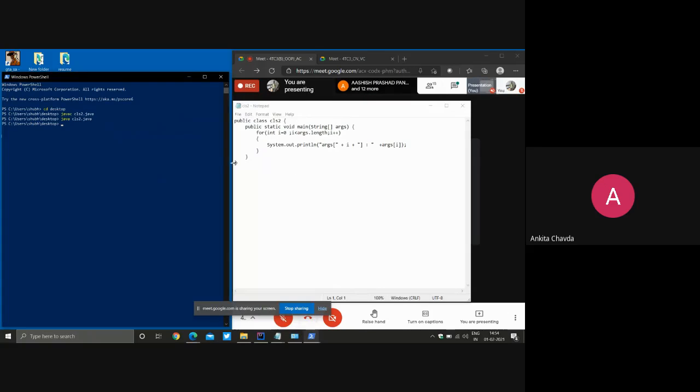See here, you don't have to write .java when you are running a program. When you are compiling a program, at that time you have to write .java. Second time you only have to write java, then the class name, then give a space. Then give some arguments, A, B, C, D, whatever you want, 1, 2, 3, 4. Again give space, again some arguments, again give space, and then enter. It will work. Yeah, now just give enter. See, it's working.